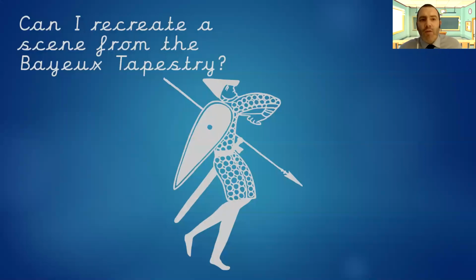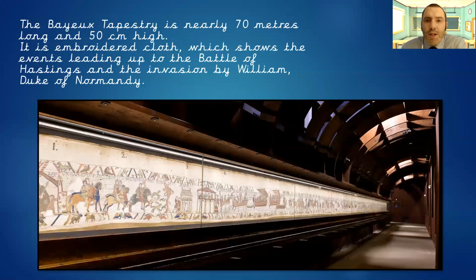We're going to be looking at recreating a scene from the Bayeux Tapestry today. So a bit of history about the tapestry itself. The Bayeux Tapestry is nearly 70 meters long and 50 centimeters high. It is embroidered cloth which shows the events leading up to the Battle of Hastings and the invasion by William,